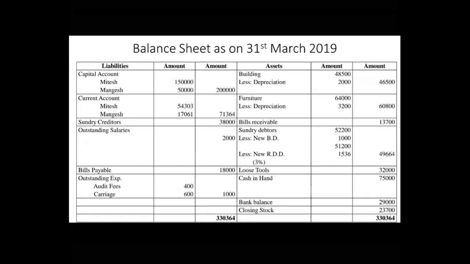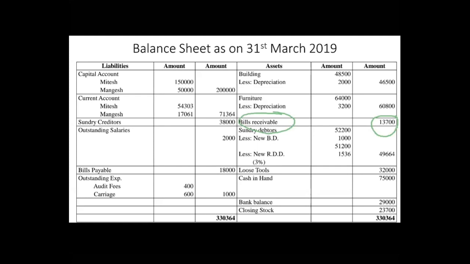Now the next one is the bills receivable. Now bills receivable is an asset. वो क्या है bills receivable? It is an asset. That's why it is recorded in balance sheet asset side. So if you will see over here, bills receivable is there and it is recorded directly in the second column because no adjustment is there on bills receivable.